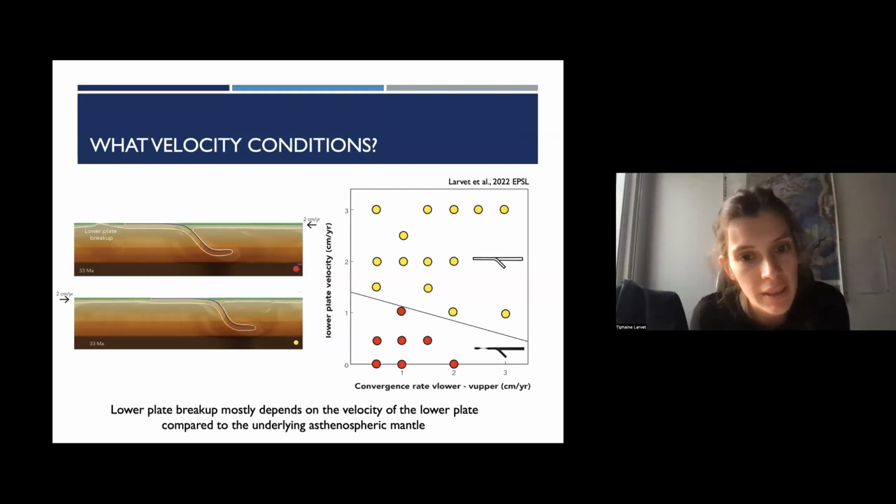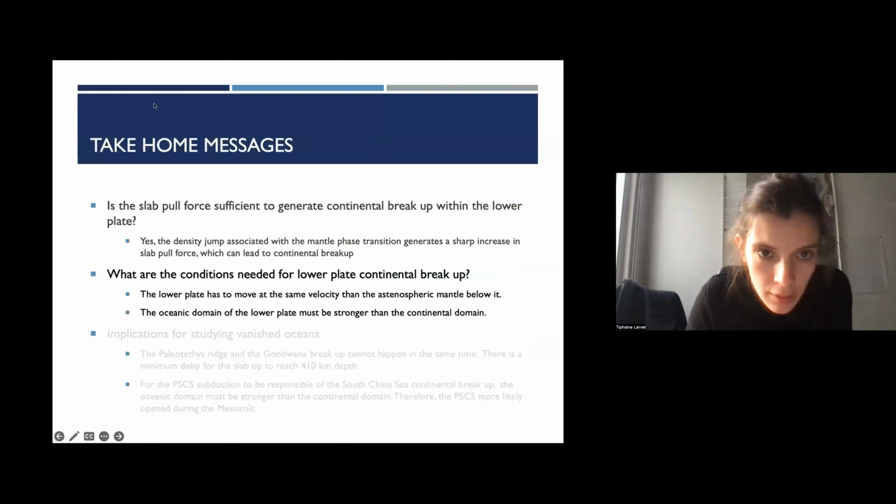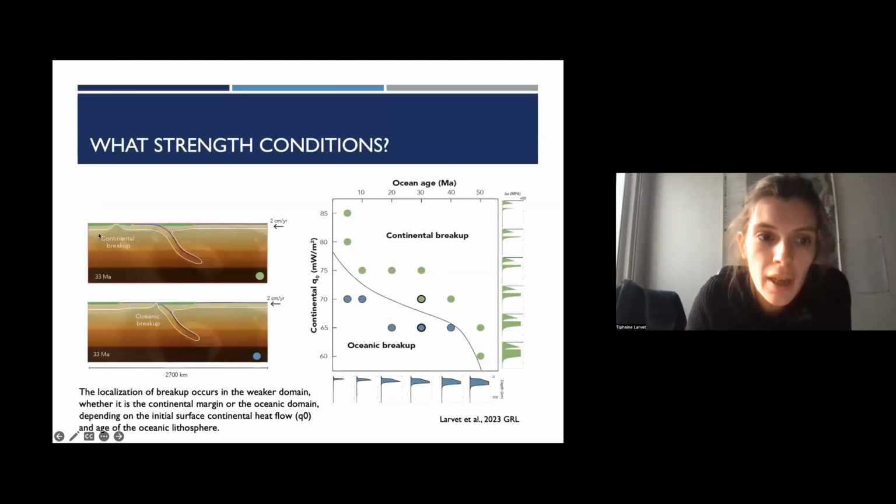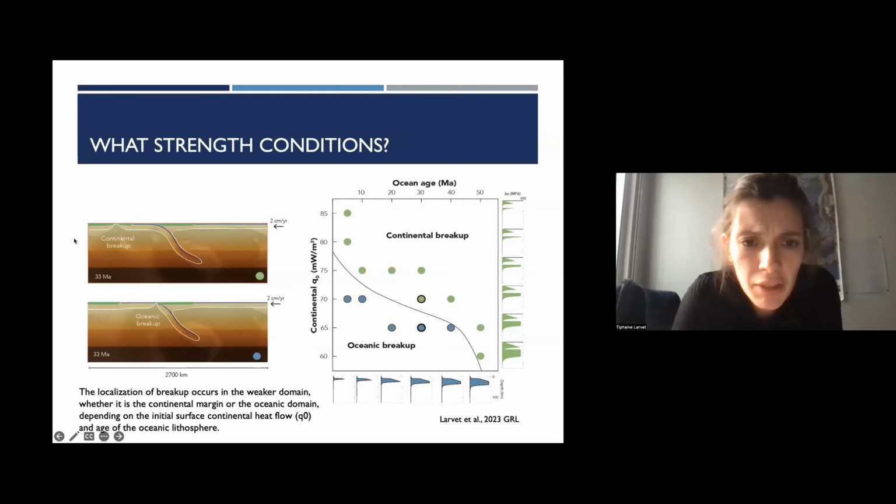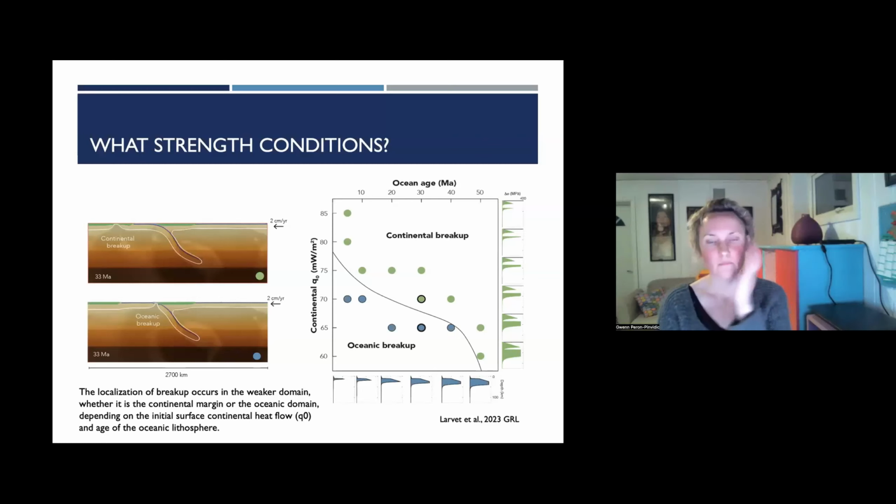I don't know. I do not put any seed to localize the breakup. I know that, for example, in this model, I considered that the side of this box is a craton, and if I set a bigger box, the breakup will localize a bit farther from the ocean-continent transition, but it will stop at, I think, 1,000 kilometers from the margin.